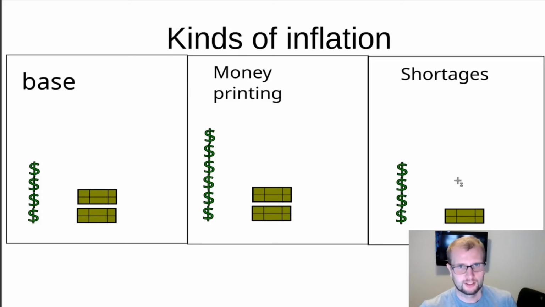And then the other thing that can happen is shortages. And I think that Russia is currently seeing this shortage kind of inflation. Still, the explanations I saw on the internet in various YouTube videos are too abstract for me. I don't get it. Why would prices go up just because you have less of something, right? I mean, yeah, we need to go through this step by step, I think, and focus on the Russian